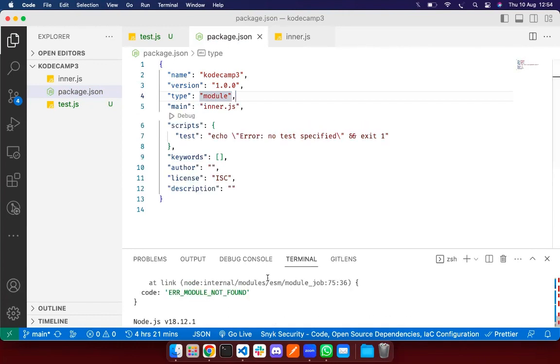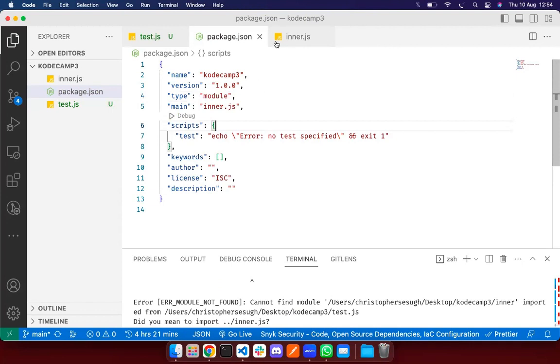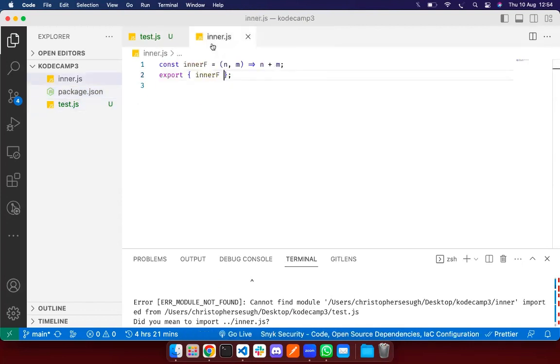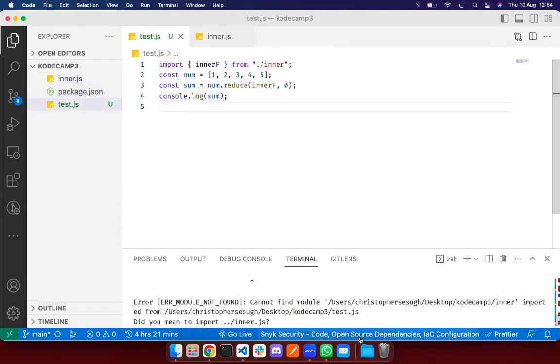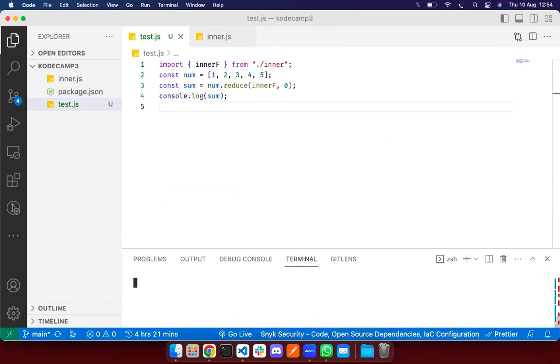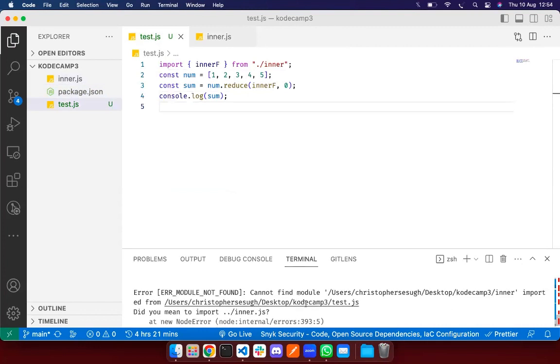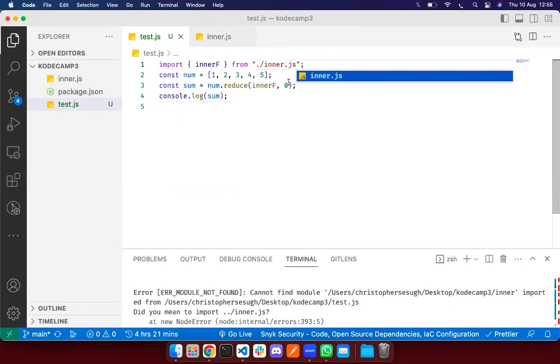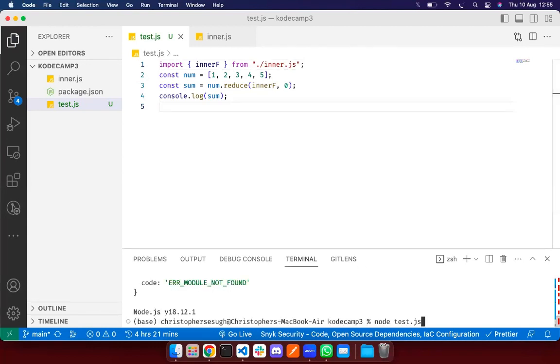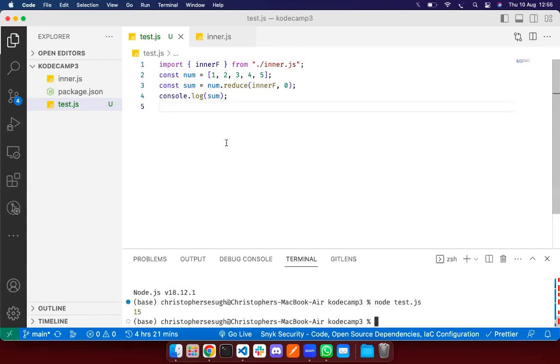Running test. Yes. Cannot resolve inner. No, that's .js. And we're getting 15. Yes, because this .js file we're specifying is for module resolution, because